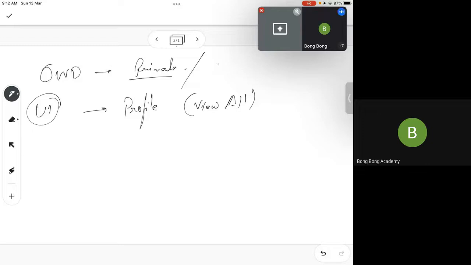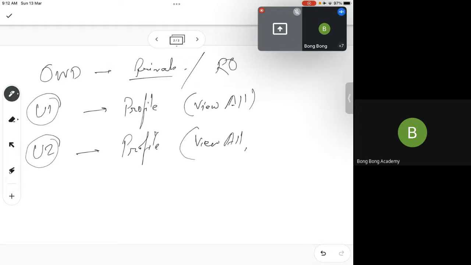If the OWD is set to read only, and user 2 needs to update others' records, then what will we do? In the profile, we have view all and modify all. Modify all cannot be assigned without view all.